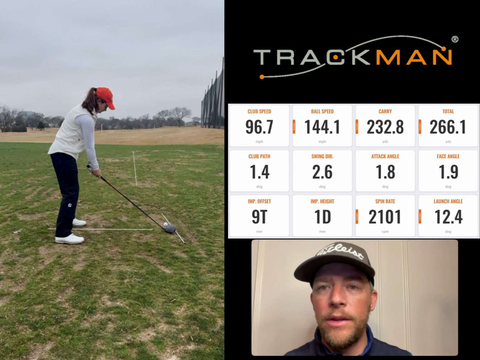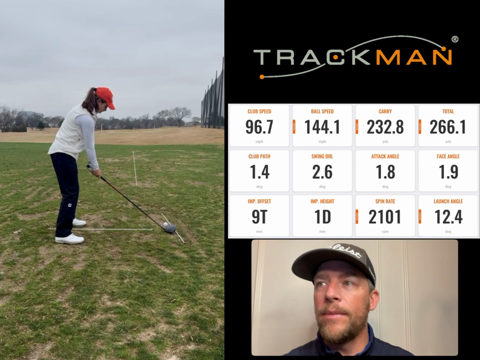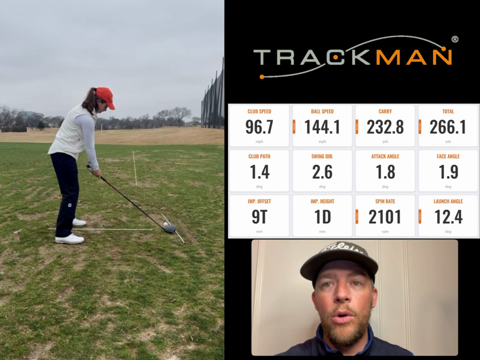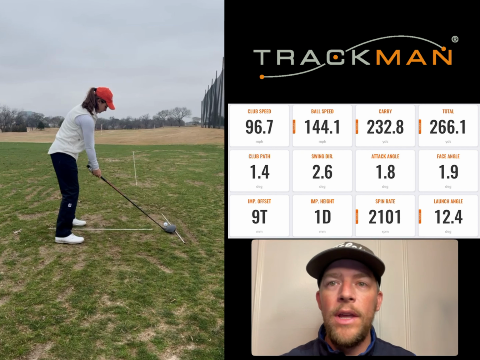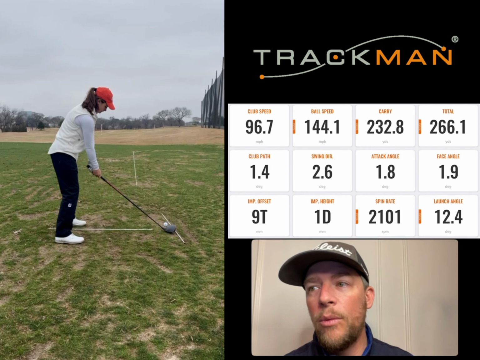Now, the reason that the carry is a little bit lower is because the launch angle, you can see bottom right, is not as high, which is totally fine. But the total was about the same. So if we wanted to get the launch angle a little bit higher, it wouldn't necessarily be through doing anything